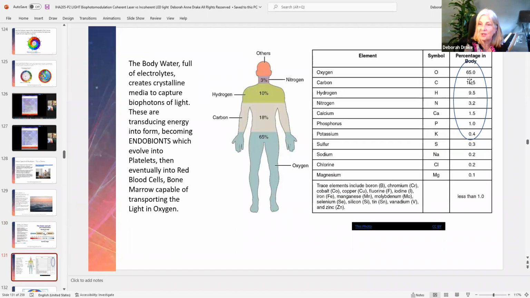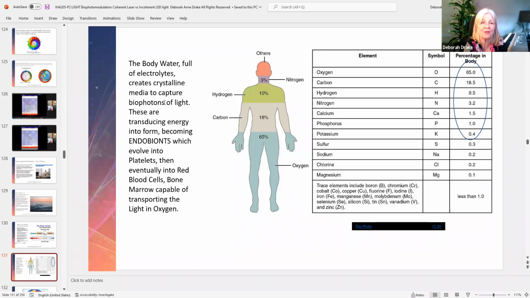Can you see that oxygen is 65% of your body, and then a bit of carbohydrates, 18%, then hydrogen gases, 9.7 or 9.5, then nitrogen for protein. Did I say hydrogen is 9 and nitrogen 3%? Okay. Then a few 1% of all the other minerals. So you think that these minerals aren't very important because they're less than 1% of your body. But without these minerals of manganese, molybdenum, selenium, silicon, tin, copper, zinc, cobalt, you can't run your thyroid thermostat.